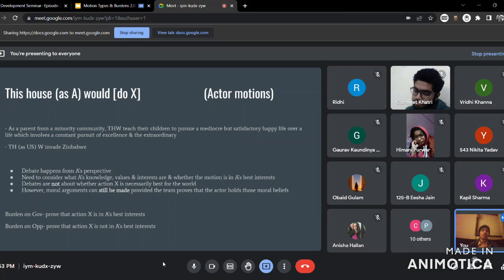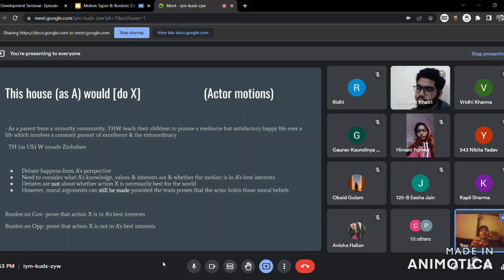So Gov can possibly say that, yeah, we are from a minority community, which is like minority communities are mostly underprivileged and find it more difficult to excel in this world because of lack of privilege and things like that. So a minority community का parent would probably have the view that अरे यार मेरे बच्चे को मुझे ज़्यादा I don't want them to break their back over things or take stress because anyway excelling is difficult in this world for minority community. I'd rather have them pursue a mediocre life where they have less stress and they are happy